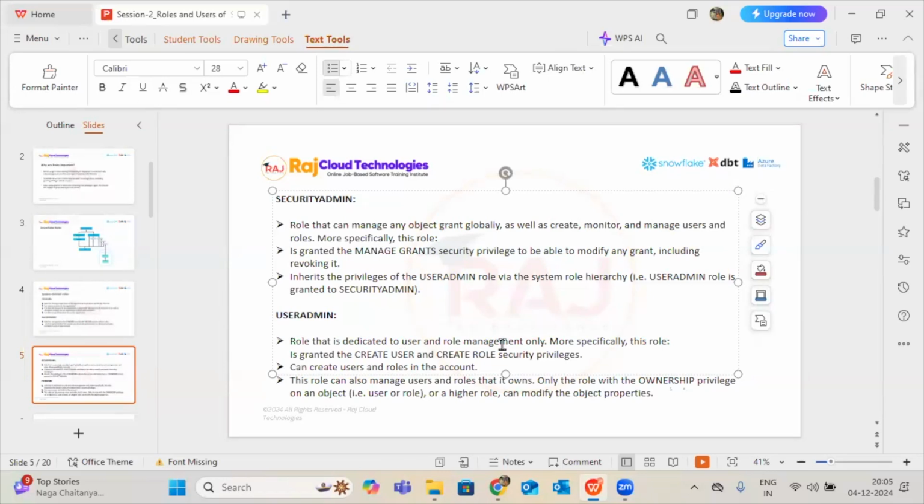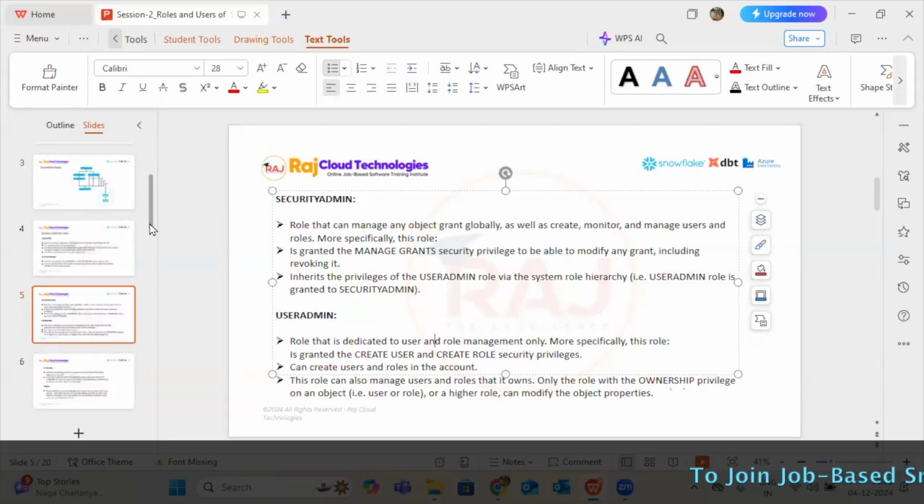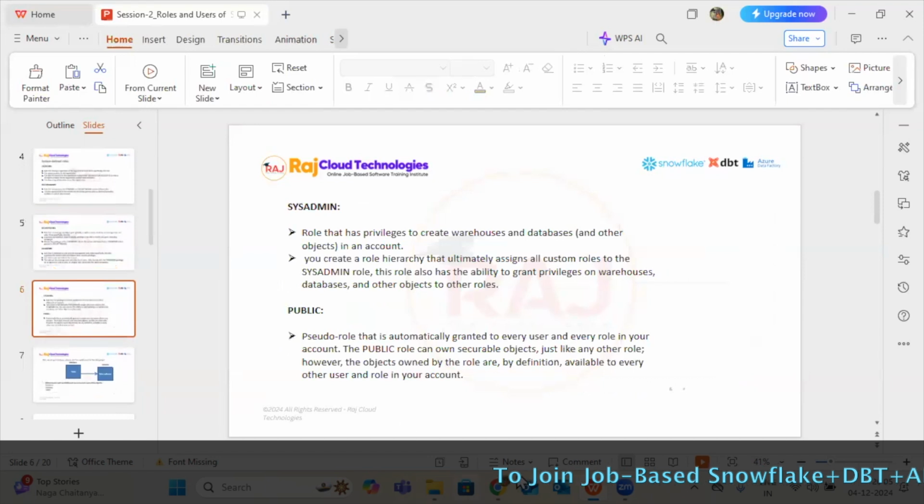Creating the roles and users concept is owned by the user admin only. User admin works dedicatedly with the creation part, not monitoring or managing, just creating the objects. That is the main priority. Privileges are assigned or dedicated to the user admin. Okay, so if you go here,